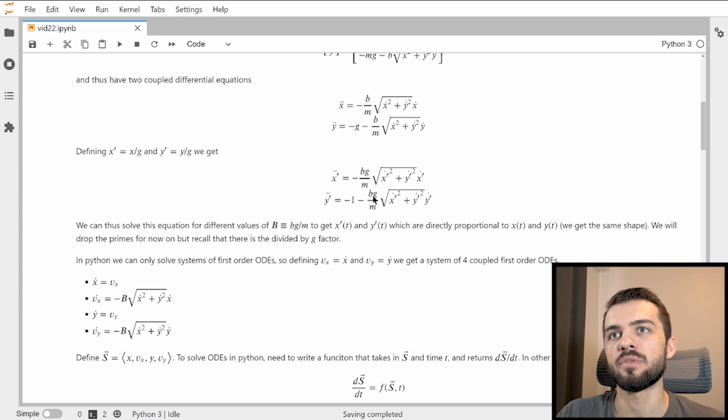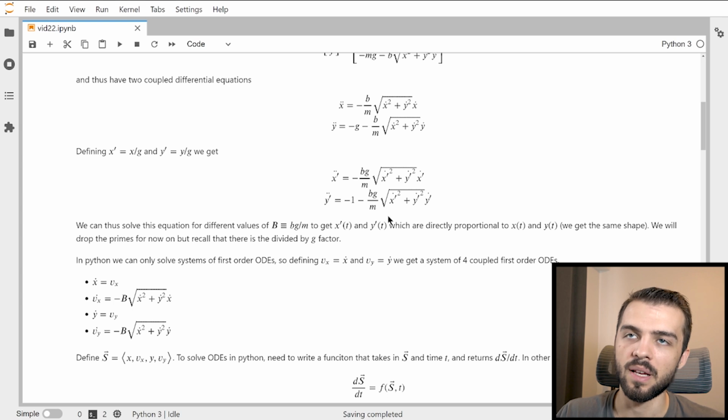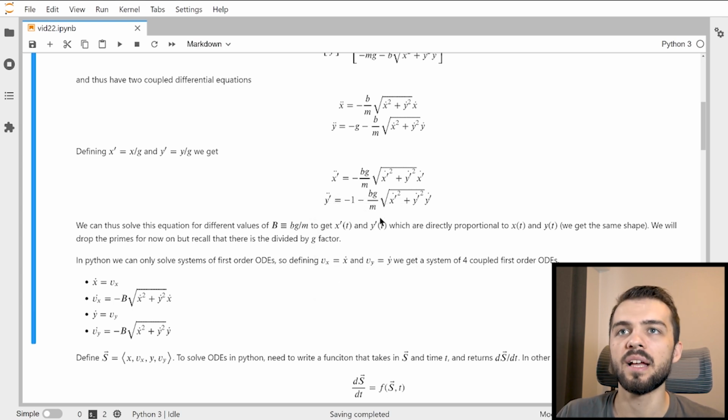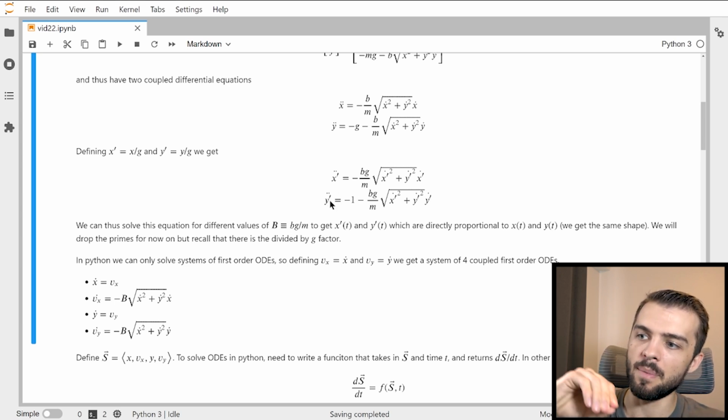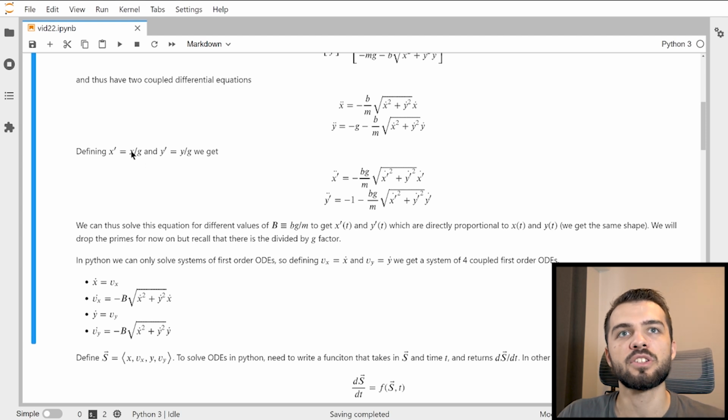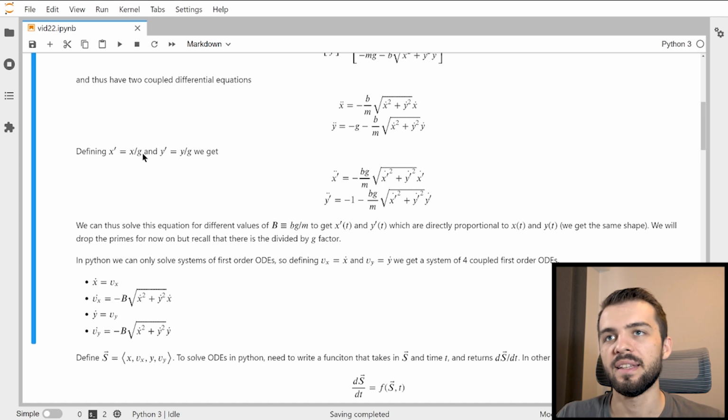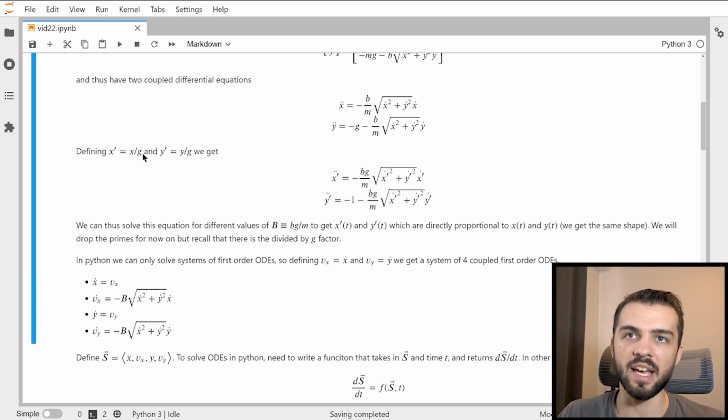And I have minus bg over m, and minus 1 minus this. So this is our dimensionless equation here. And so then I can define capital B as bg over m, and this is proportional to the friction, of course. And we can solve these equations for x prime and y prime, so we get the shape of the curve there. But because they're just linearly proportional to x and y, by a factor of g, they give the same shape. So we can just scale it by whatever the real value of gravity is afterwards to get